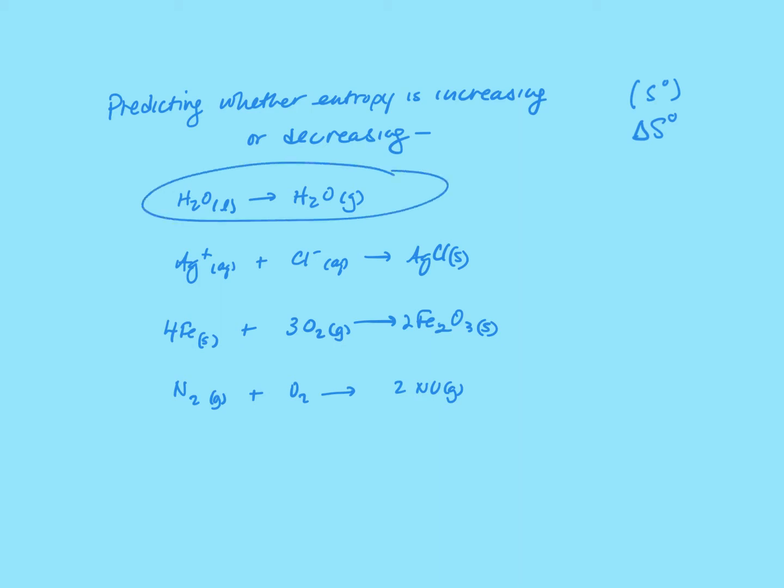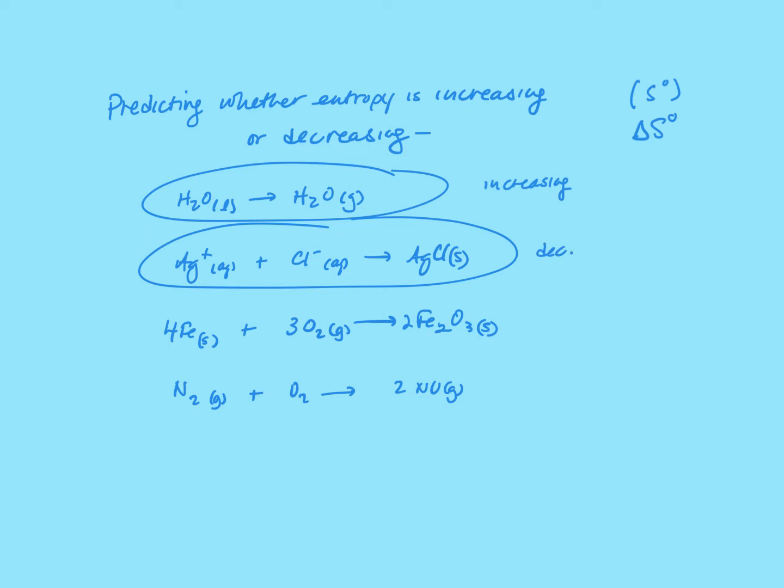You notice that a liquid is turning into a gas. Well, 2 things are happening. The molecules are gaining another type of motion and they're becoming more spread out. So in this case, entropy is increasing. Check out the second situation. This represents a precipitation reaction where I have ions that are moving freely through a solution that are suddenly transferred into a rigid solid with a highly ordered crystal. That represents a decrease in entropy.